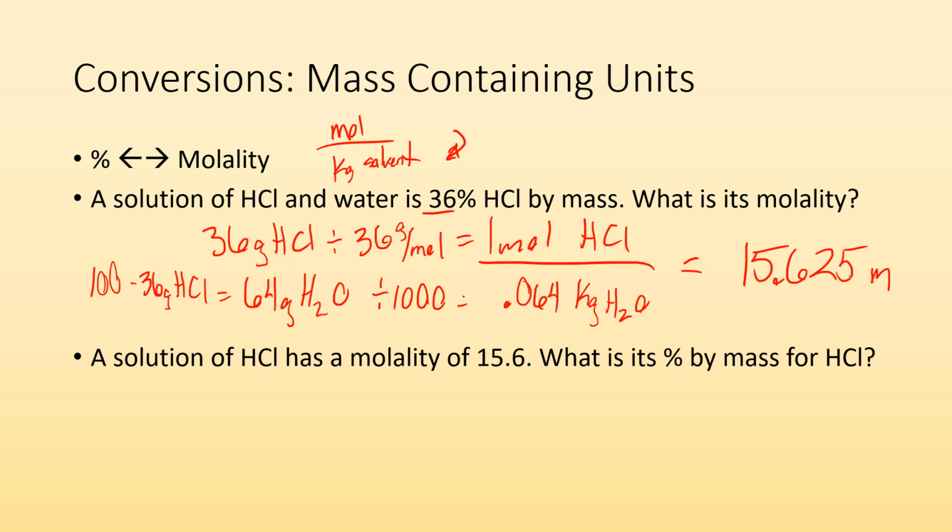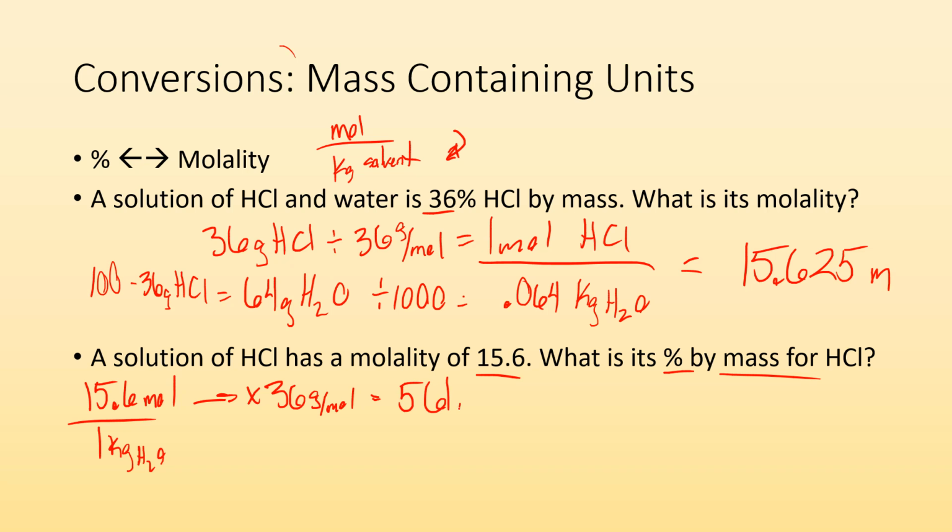A solution of HCl has a molality of 15.6. What is the percent mass for HCl? It's the same thing, but in reverse. So we have 15.6 molal. So that's the same thing as saying 15.6 moles per 1 kilogram of H2O. So if I need its percent by mass, well, now I need to convert this 15.6 moles into grams. So I times that by 36 grams per mole, and I end up with